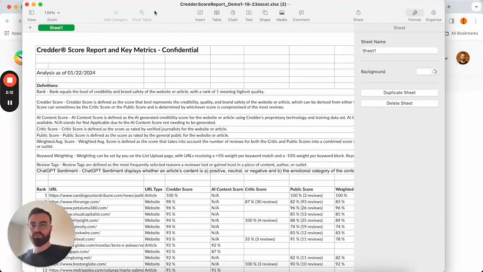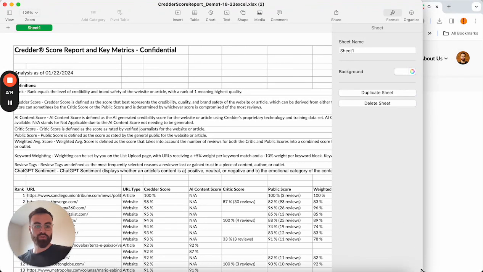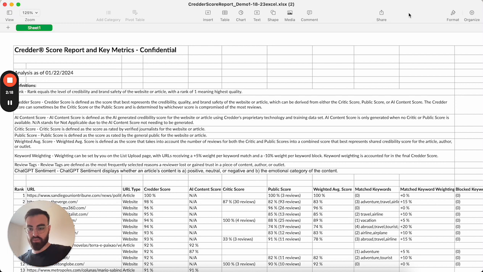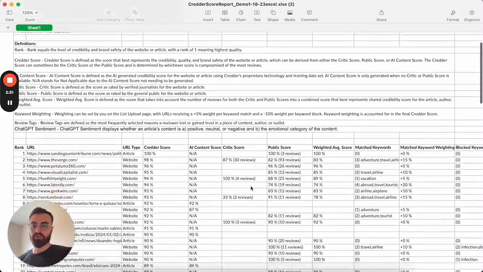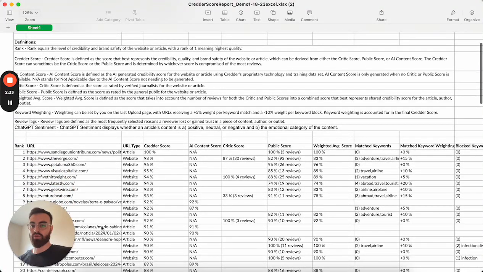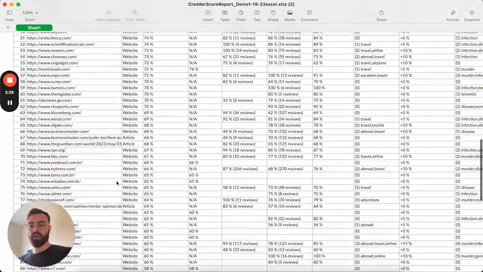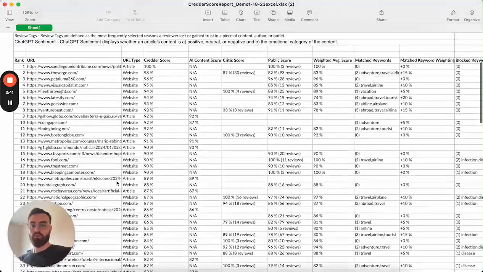And so what we did is we took a list of URLs in no particular order that, in this example, let's say I am an advertiser like Nike or Adidas, and I'm looking for the highest quality inventory to make sure my ad placements are appearing next to. So what we have here now is we have ranked all of that inventory from most credible and brand safe at the top of the rankings here to least credible and highest brand risk at the bottom,